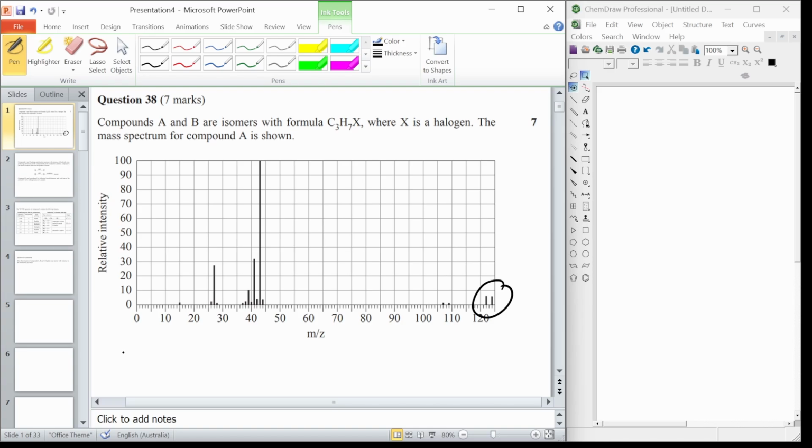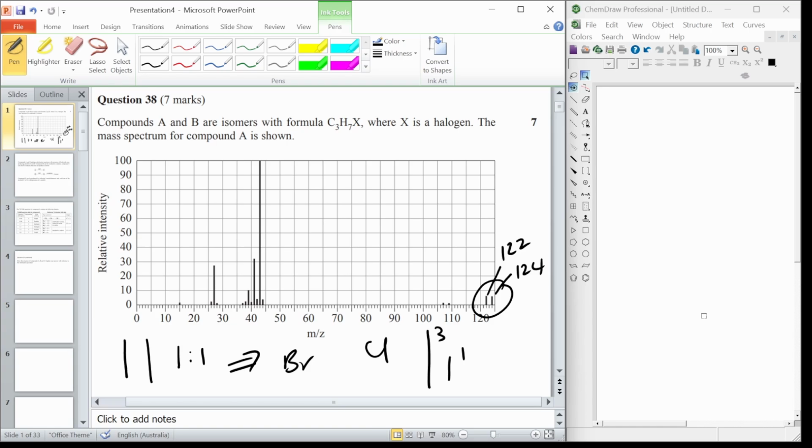If we look at the relative intensities of these two, we can say that it is a 1-to-1 ratio of relative intensity. That's 1, that's 1, 2, so that one's 122, and this one is 2, 3, 4, 124. This is bromine. The reason this is bromine and not chlorine is that if you had 1 and 3, then it's chlorine. So then our molecular formula would be